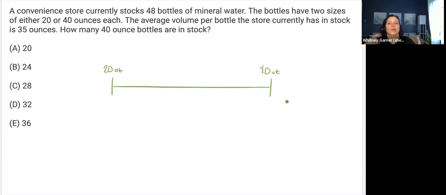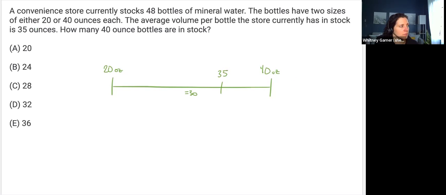So if I had one 20-ounce and one 40-ounce, for example, same size, or 50-50, 24 and 24, then my average volume would be a 30-ounce bottle. 120 and 140 would give me 60 over 2, or a 30-ounce bottle. So where they're equal would be 30. However, the actual number is 35, closer